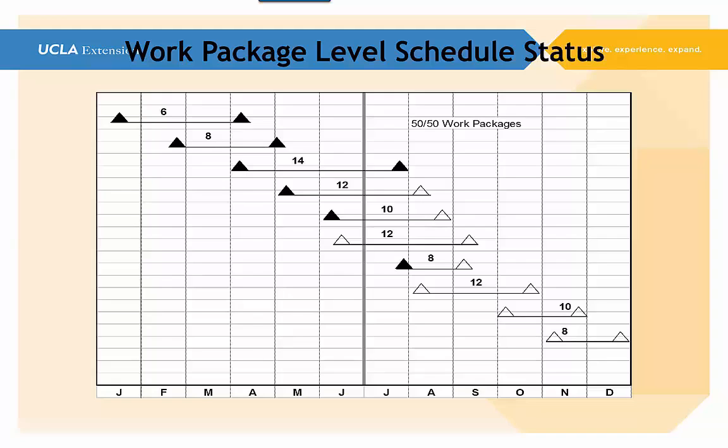In other words, when we start the task, we color in the starting milestone as black, and we get 50% complete at that point, and then we don't get the other 50% until we finish it. So those first two tasks are completed. They're started and completed. The next task, and the double line going down the middle there, is what we call our status line,